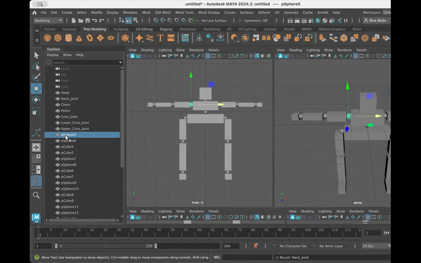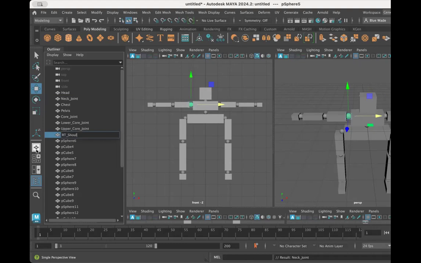So I can see here, P sphere 5, which is my shoulder. Now, when you do the left and right, you want to do the left and right of the object, not of you and where you're sitting, because this object is going to twist and turn. So what you see as your left, for example, is not going to stay your left once this robot starts to turn. So it's actually the robot's right side, okay? And so I put RT,